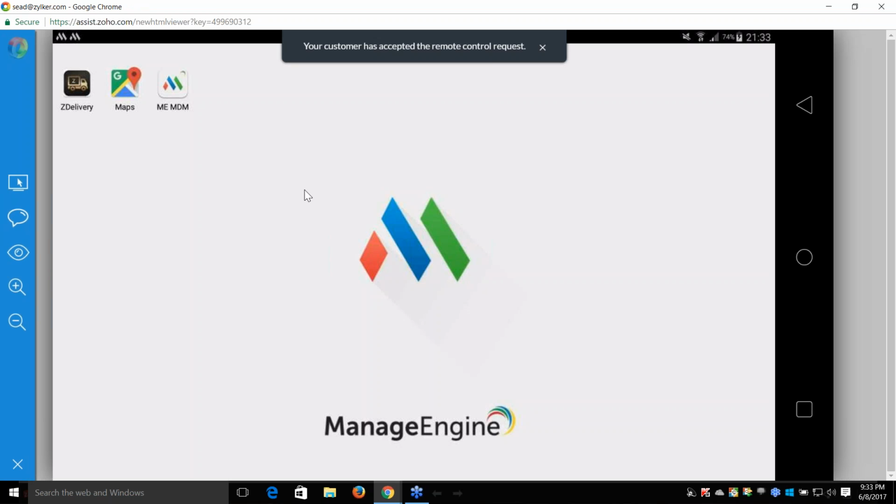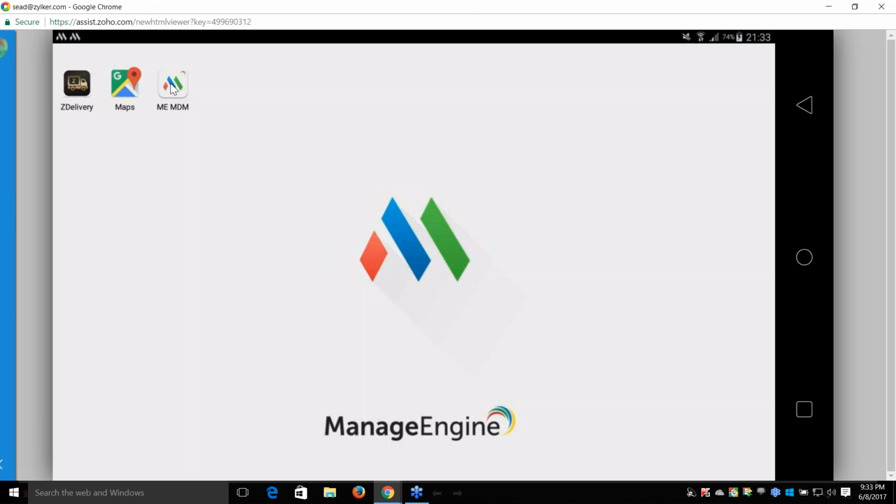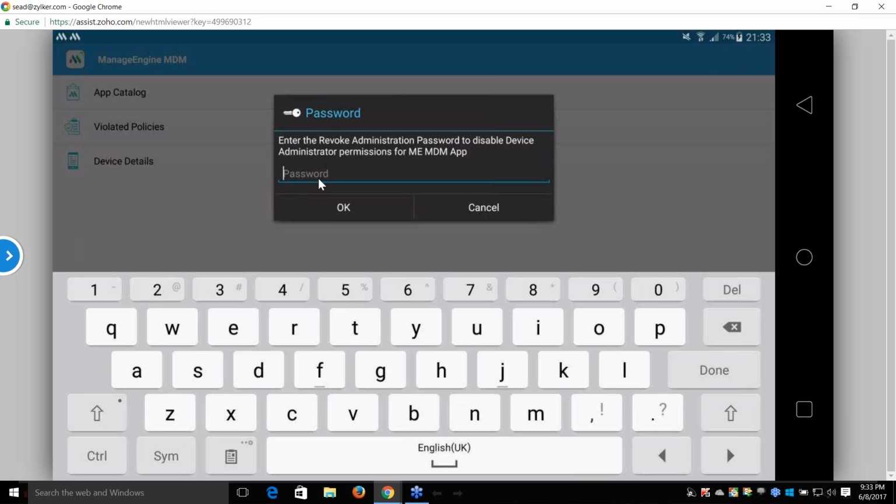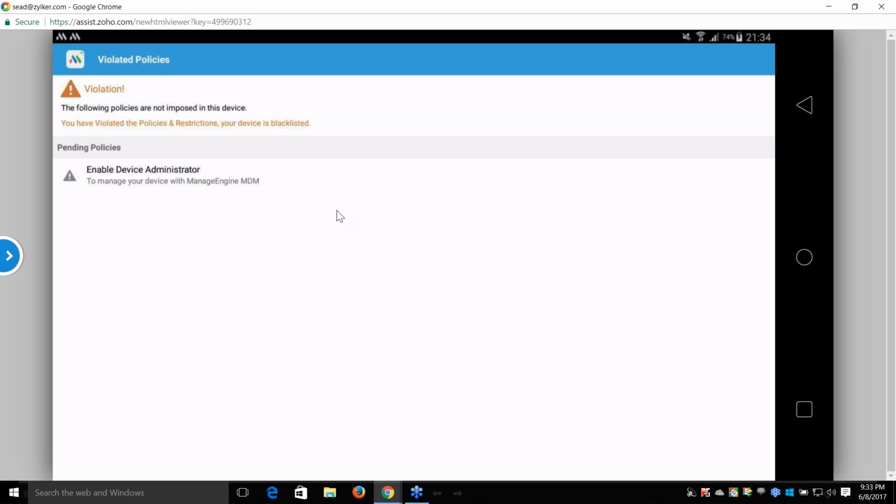Firstly, I need to remove this device out of kiosk. To do that, I click on the MDM app and tap the top bar 4 times: 1, 2, 3, and 4. Now when prompted for the revoke administration password, I provide the same and click on OK. It is taking some time. On clicking OK, you can see that the device has been revoked device administration and is temporarily out of